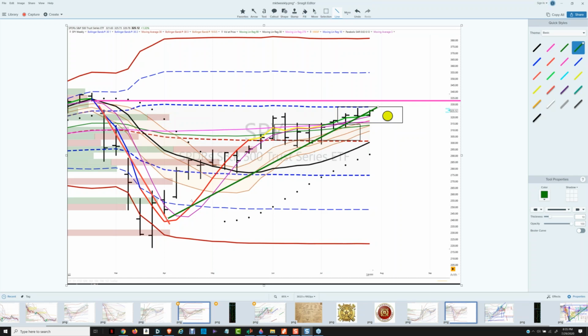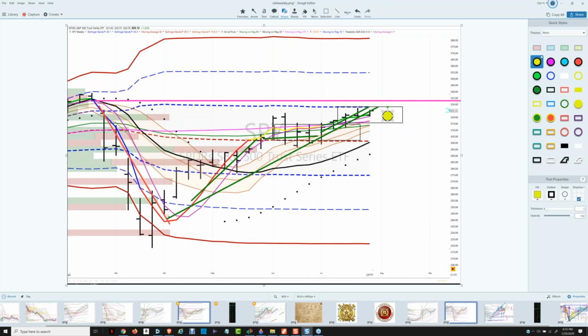And then I just want you to notice that the stronger move up was that first leg. Then it kind of got sideways, and then now the second leg up. So that reinforces that whole notion that what you really want is finding those turning points. And I want you to notice how good the signal on the weekly of the RL10 crossing the baby dragon on a weekly basis really does a nice job of saying, yep, we should be long by this time. I think the daily and the daily PSAR flips are better because you notice the PSAR flip doesn't happen till all the way over here.